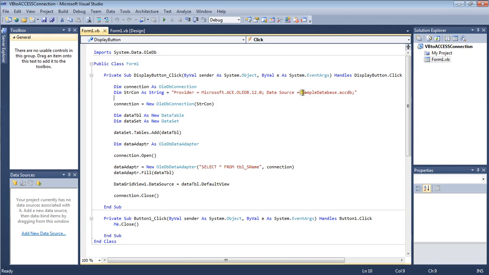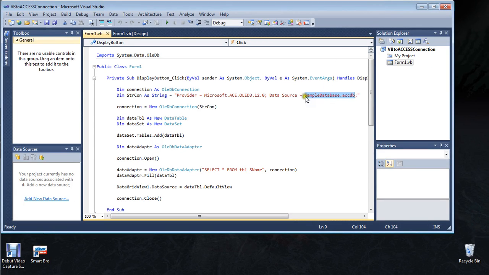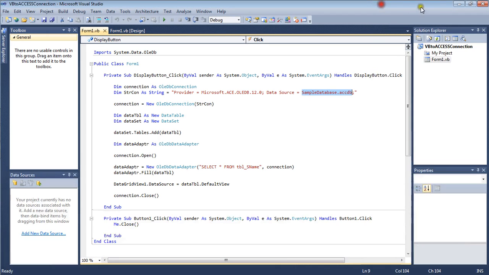In putting the data source, I use an easy way to make it short, and I will show you how.